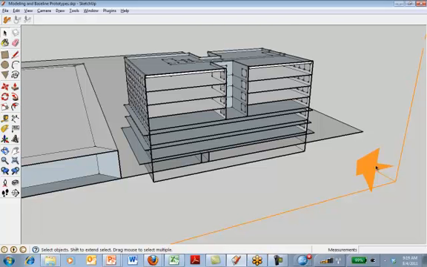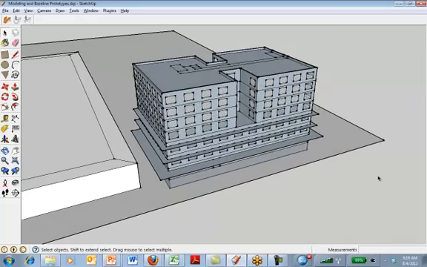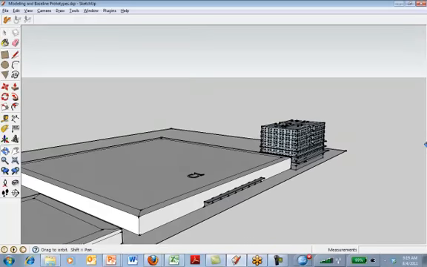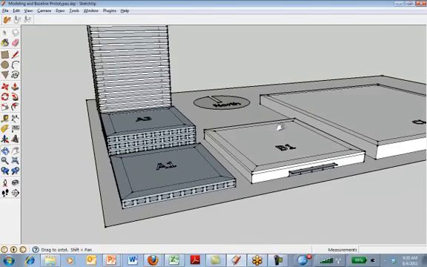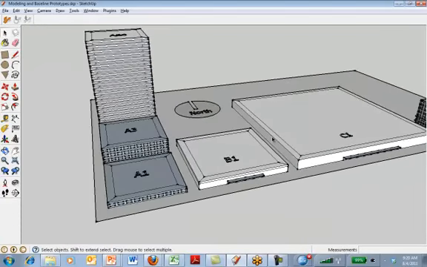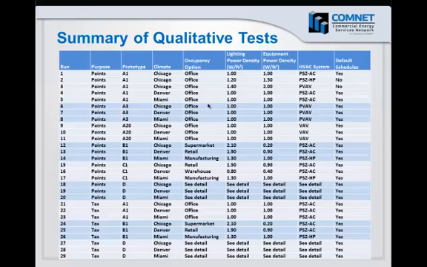So we're providing these SketchUp files for the software developers' use. That's what I'm looking at now. So if the software developer has the capability to import the geometry from SketchUp files, it would save them a little time. But of course, these models are so simple that it wouldn't take very much time to create them in any event. All right, anyway, we have identified 29 qualitative tests that need to be provided,